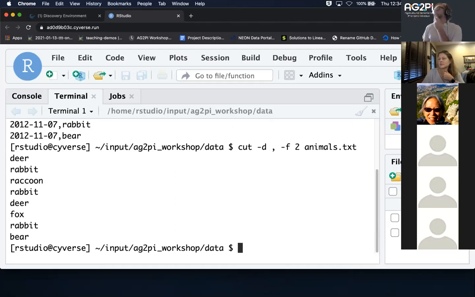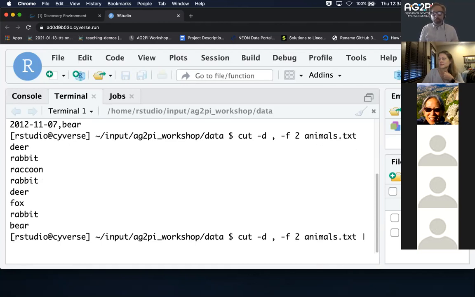So now let's say we've conducted our study, we've got our animal observations with all of these dates. And now what if we're only interested in the unique animals in alphabetical order. So we can do that with pipes. We can say pipe sort. So this is going to alphabetize what we've created with cut. And then we're going to say unique,